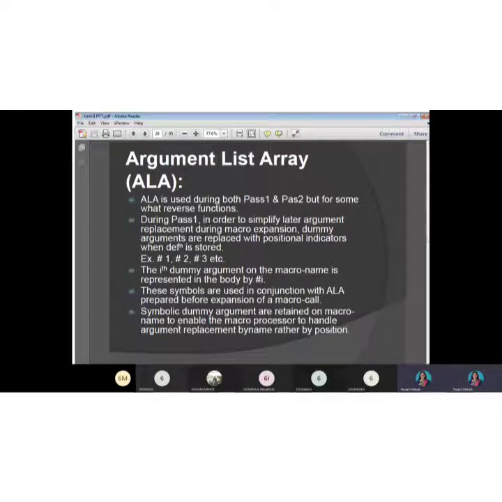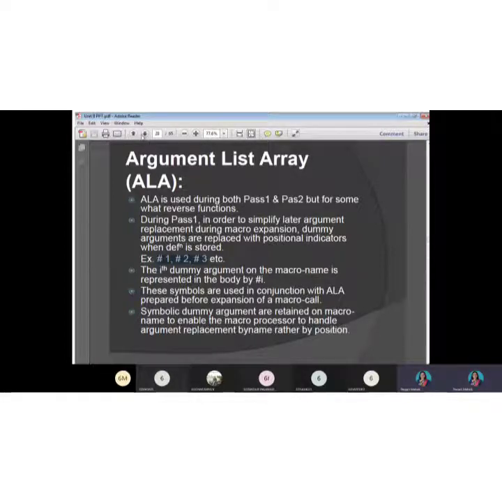Symbolic dummy arguments are written on the macro name to enable the macroprocessor to handle argument replacement by name rather than by position. So in macro expansion, the macroprocessor will handle the argument replacement by the name and not by the position, because name mapping is already done by the ALA and it is directly used by the macroprocessor.